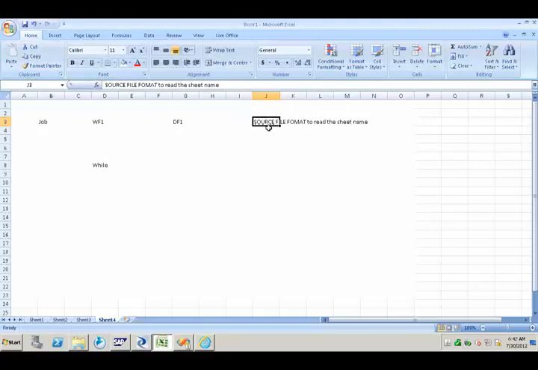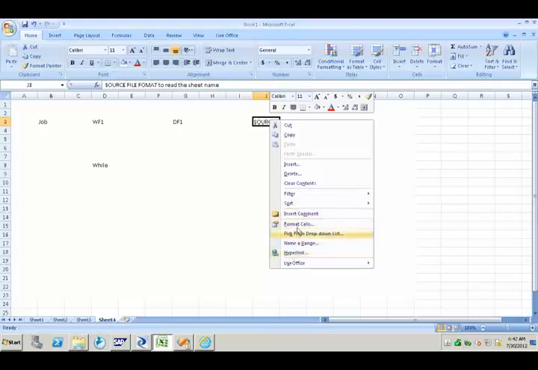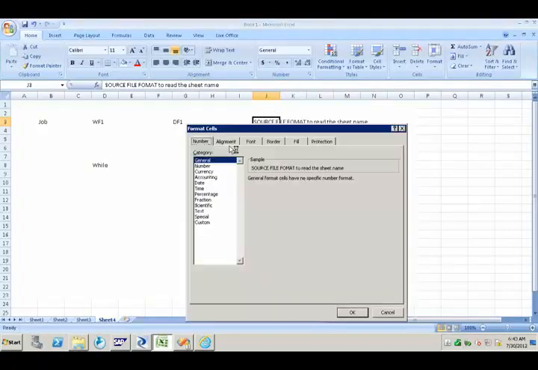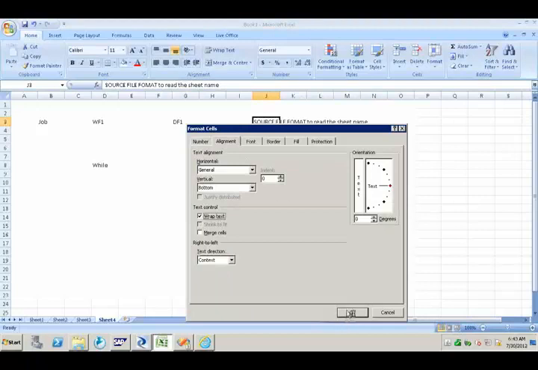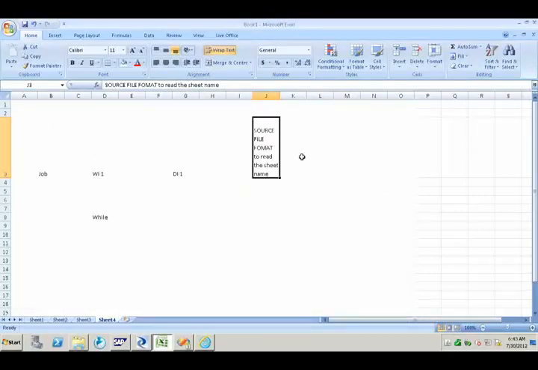Madam, how to do this? I want one source file format to read the sheet names, and it has to be loaded to one target table.